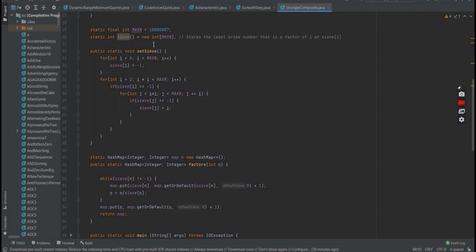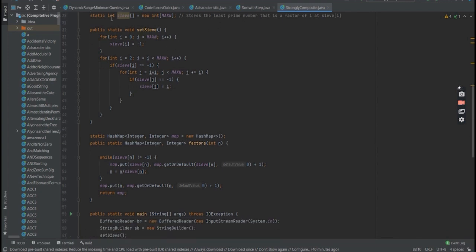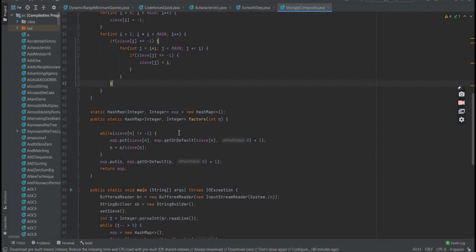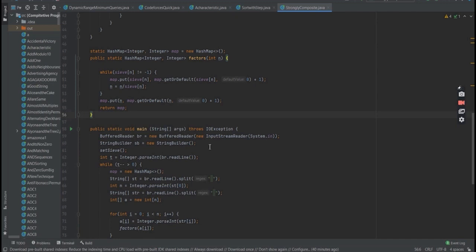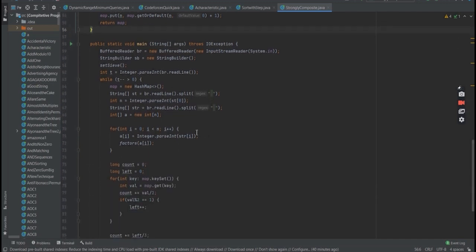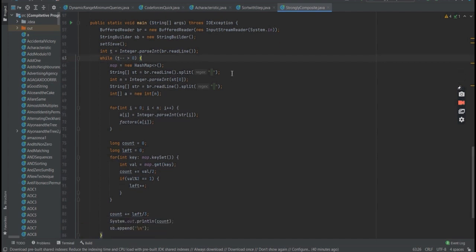So basically, this is a setSieve function which initializes this array, which stores the least prime factor of i at sieve[i], and we can use this array to do the prime factorization of any integer n using this factors function. So this is the most optimized way to do this, and let's move on to the implementation. So I did the pre-calculation for the sieve, because otherwise it will take high computation. So I pre-calculated it, and here I'm taking input,